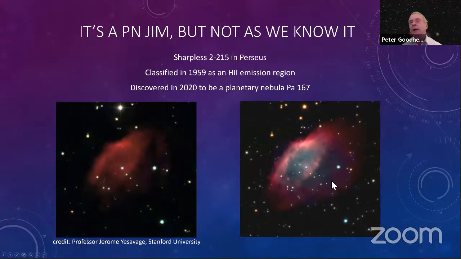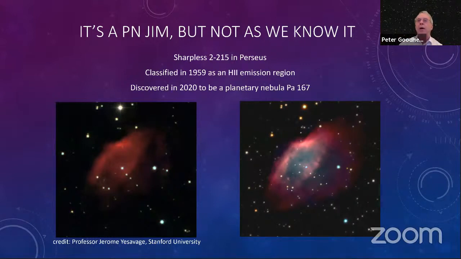This took 43 hours. But again, it clearly shows a significant blue-green core here, which shows that there is oxygen present and that it isn't just a hydrogen emission nebula. As a result of this, this is now confirmed as planetary nebula PA 167. You'll notice that at this point, when Dana thought this was a potential planetary nebula, this was the 167th discovery he'd made, and I think his total list of discoveries now comes out at over 300.